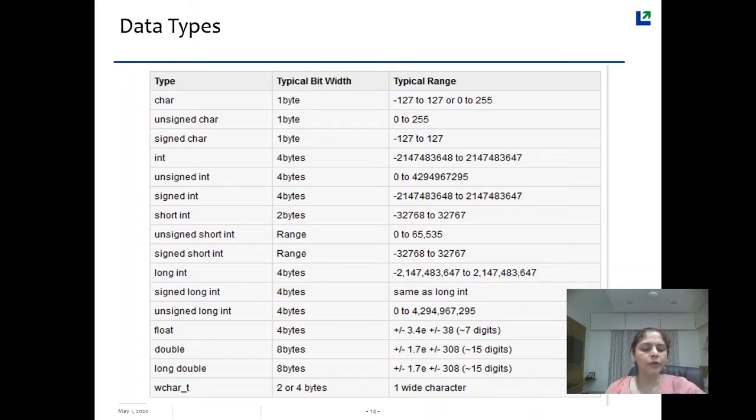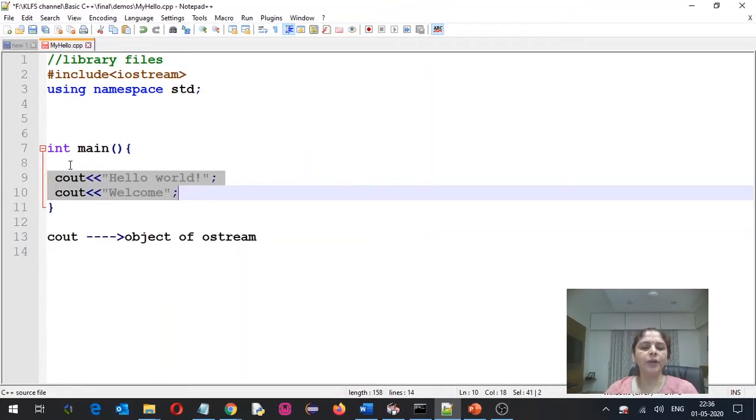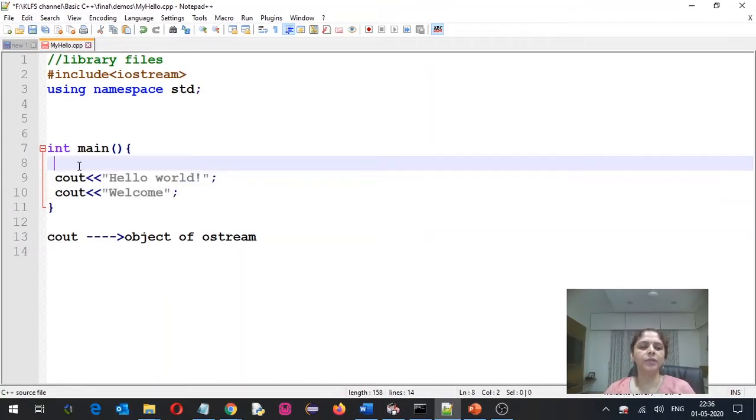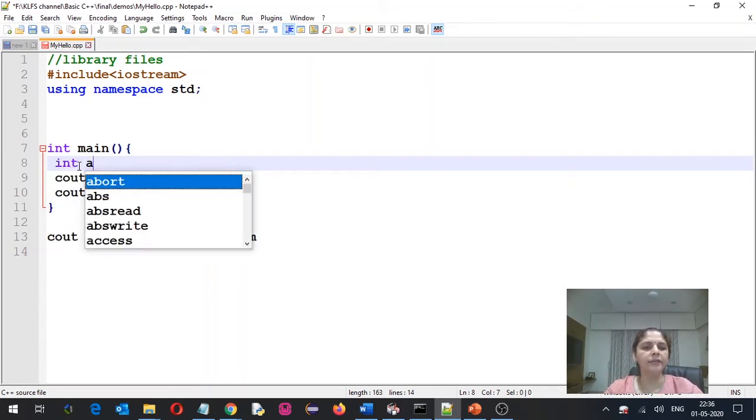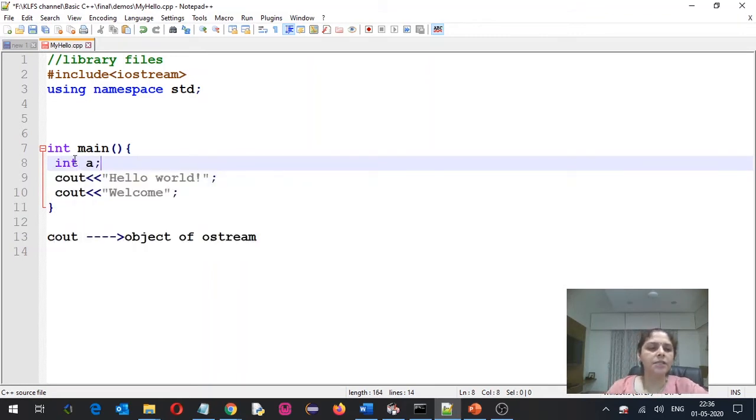Now if you want to declare variables using these data types, then we have to define them inside the program. So in this program, if I want to declare a variable, then over here I can write the data type as int, and I am writing variable a. Now since this variable is declared inside the main method, this variable is called a local variable.